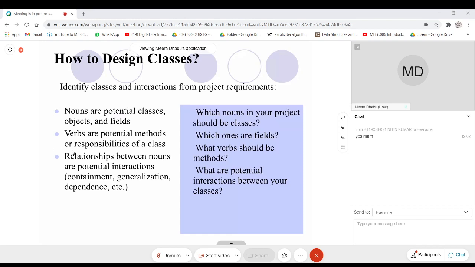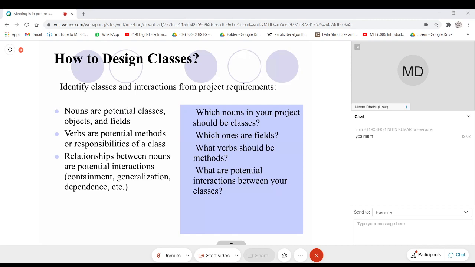So in short, which nouns in your project should be classes, which ones are fields, what verbs should be methods, and what are the potential interactions between the classes you are considering. In this way you need to work during the design phase.